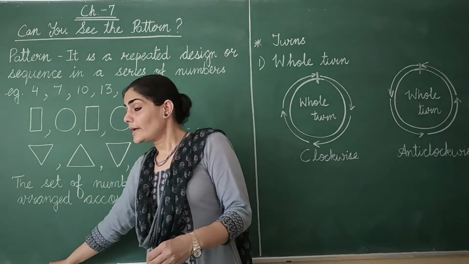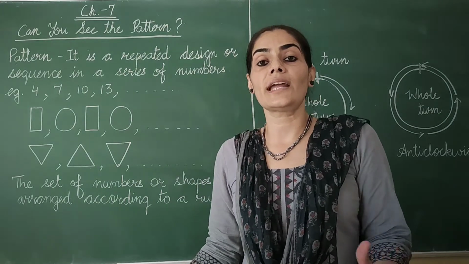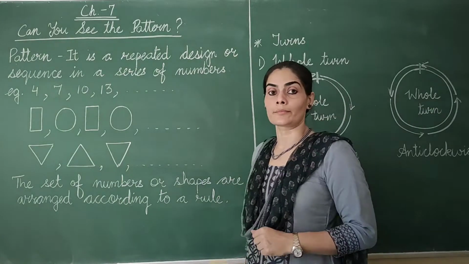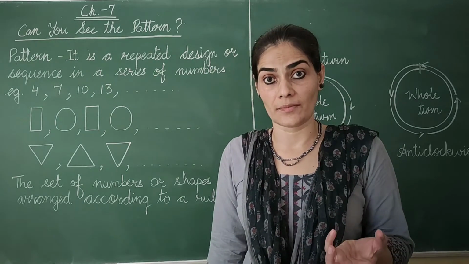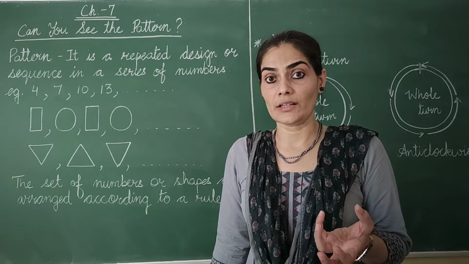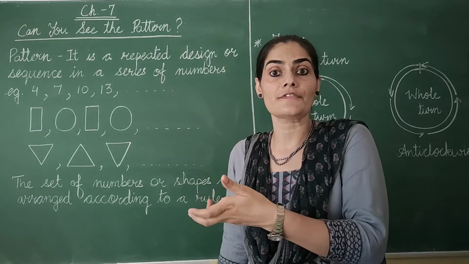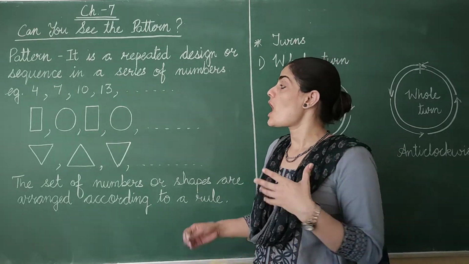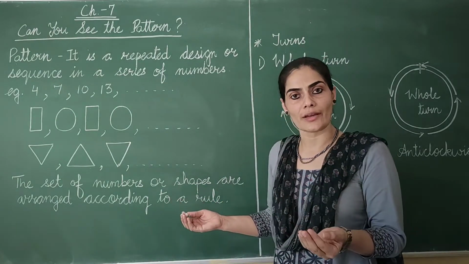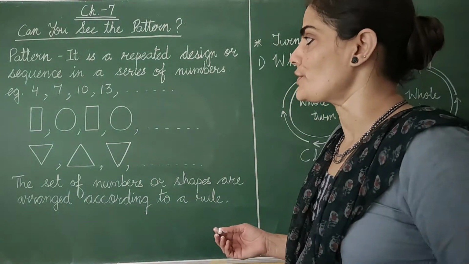That the second term is greater than the first term. The third term is greater than the first and the second term. That means the pattern is increasing. What is happening here? The second term is greater than the first term, that means the pattern is an increasing pattern. So how is it increasing? How do we check? We find the difference between the second and first term first of all.